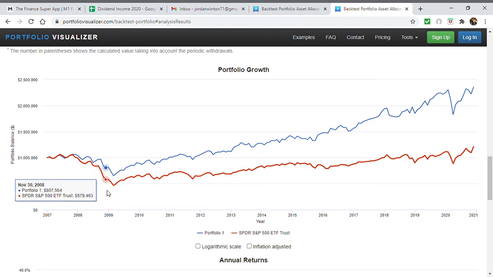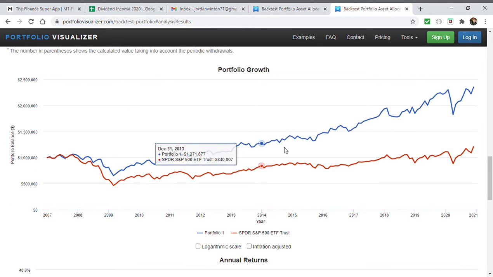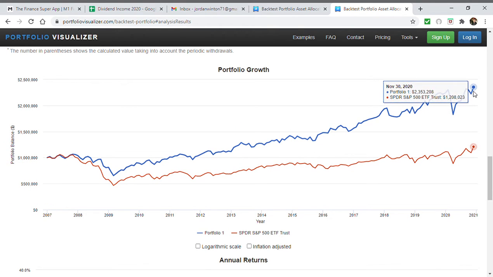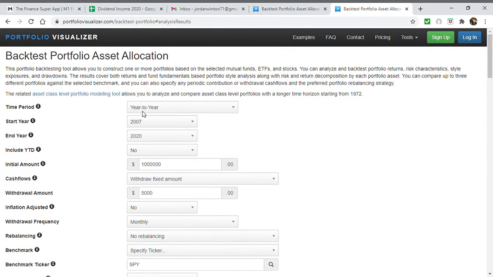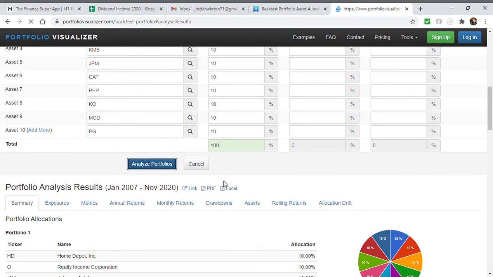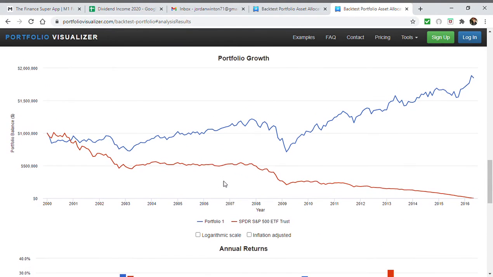But during this year period where everything is at rock bottom, if you could have avoided withdrawing right here when it mattered most, you would be right back up here where these dividend portfolio stocks are. Now this is once again, one thing I haven't mentioned is that through all these scenarios, even go all the way back to 2000, in the worst case scenario, these dividend stocks did just fine. Your portfolio at its lowest point would have went to 711,000 and then shot right back up sky high levels. Just one more reason why I think dividend stocks are superior to all other methods of investing, but that's besides the point.